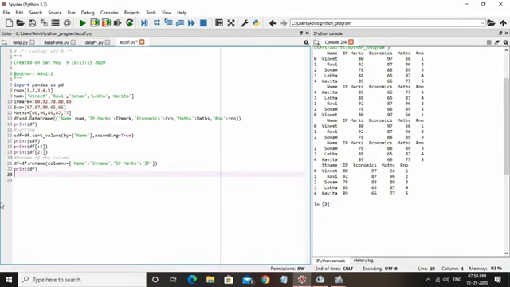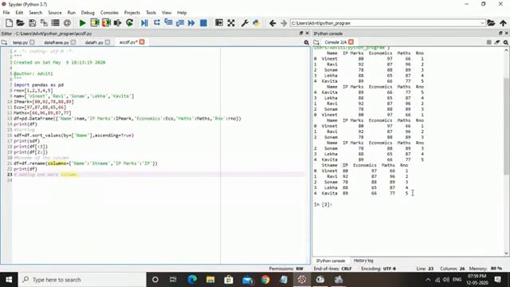Now the next thing, how can we add one more column in a data frame? Suppose our data frame is already created and we want to add a new column in the existing data frame. So how can we add one more column? Let's say I'm writing here adding one more column and also performing arithmetic operation. In this data frame you can look at here, there are three subject marks, IP marks, eco marks and maths marks.